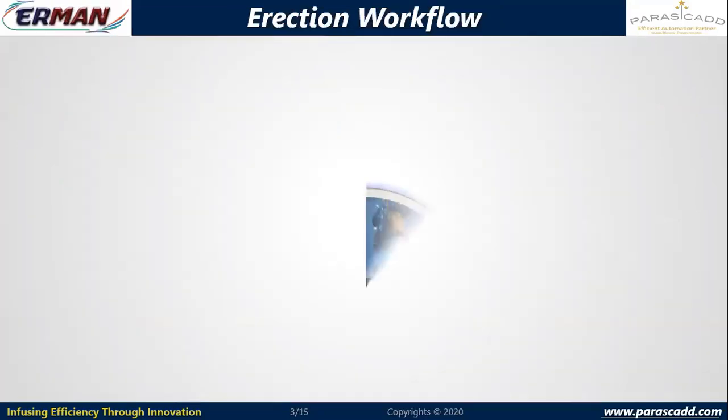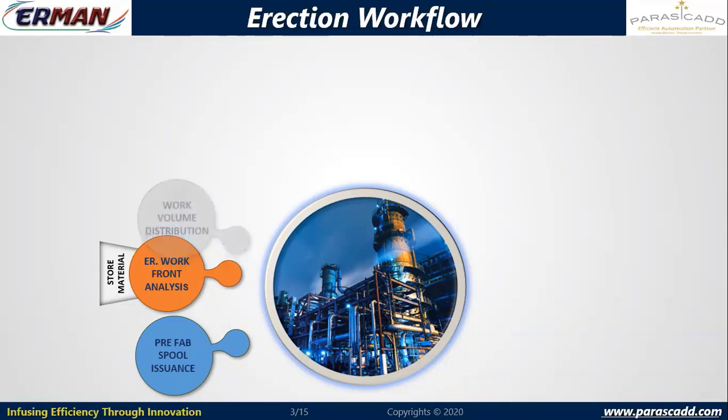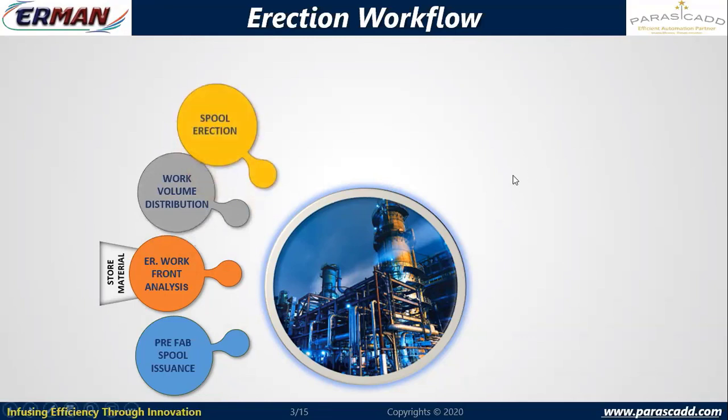and it is available for ready reference. If you see this erection workflow, the prefabricated spools are issued, dispatched, and go to site. And again, like matching front analysis for spools, we perform matching front analysis at line level, where if all the spools and erection components are available, then I can erect the line. So again, the erection items like valves, gaskets, bolts, along with the fabricated spools, will go through the analysis, and then I'll come to know how many lines I can erect. And these lines will be assigned to the contractor, that is work volume distribution at the erection level.